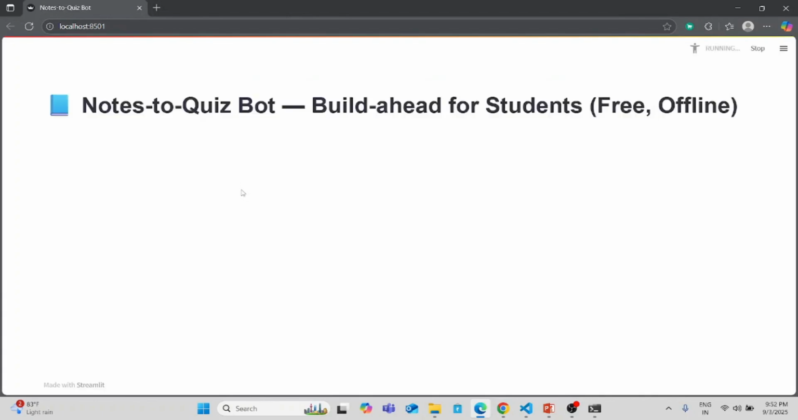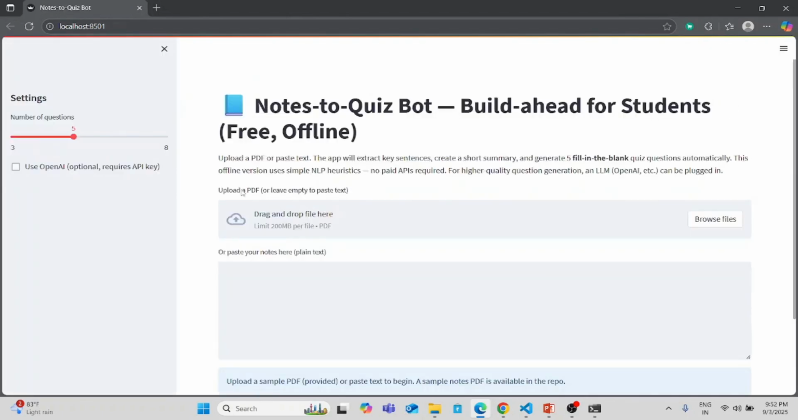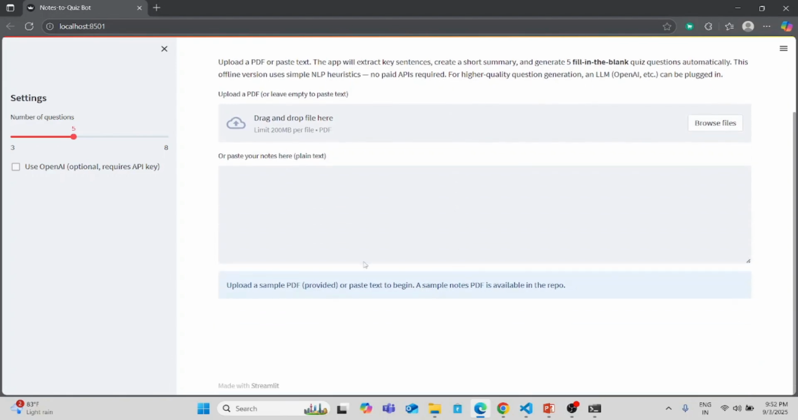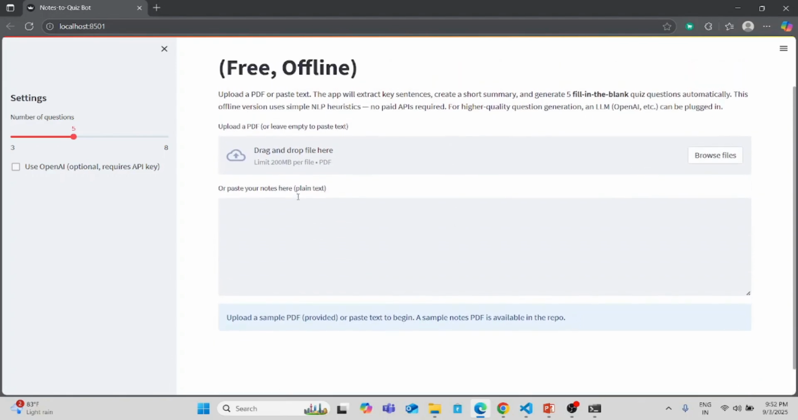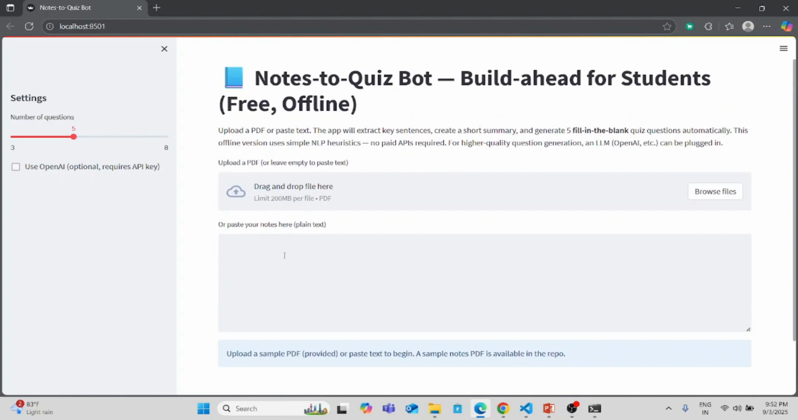So as you can see, this is what I have built as of now. Notes to Quiz Chatbot. It gives you two options, whether to upload a PDF or paste your notes, and it will generate fill in the blanks questions automatically. For example, as you can see,